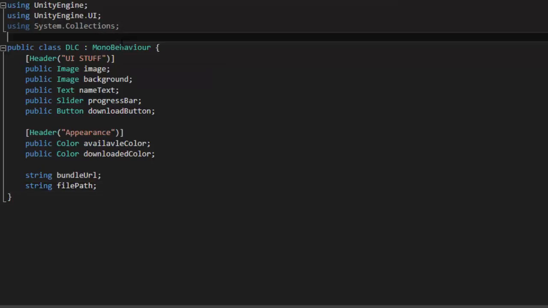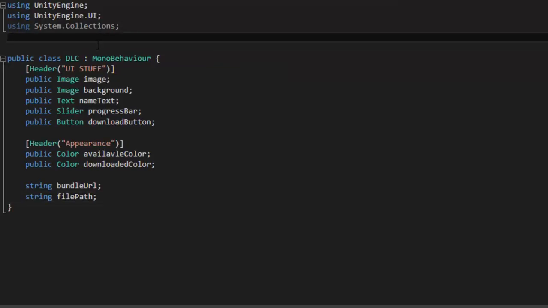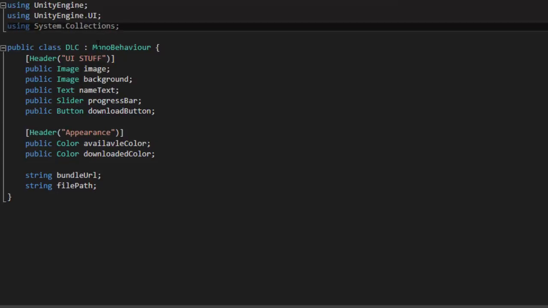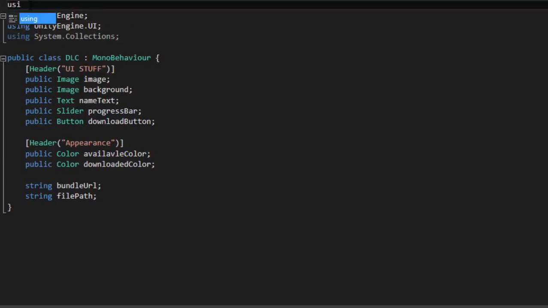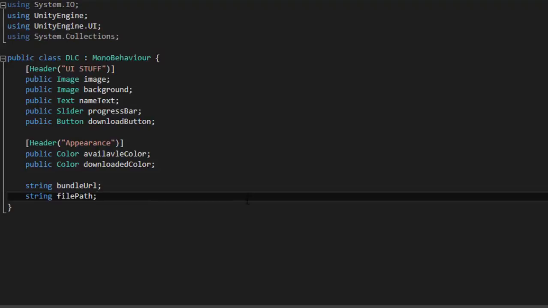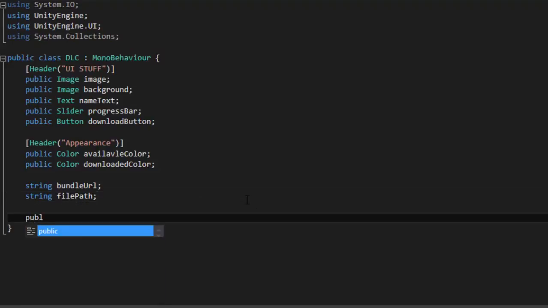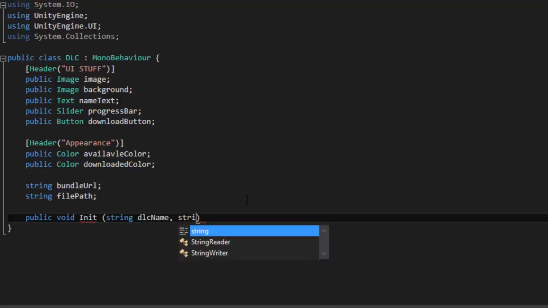because we're gonna do some file operations, so we need this using System.IO namespace, so we can use File class. Create a method public void Init to initialize it, and we need a parameter type of string. I will name this dlcName, and then string dlcURL,